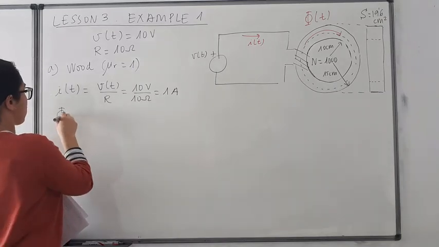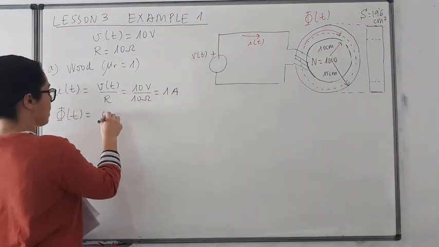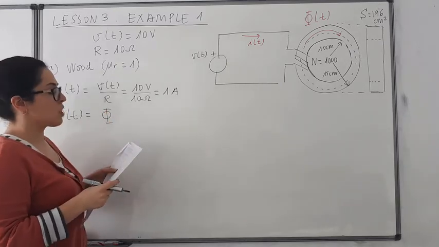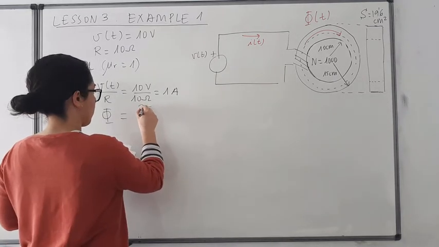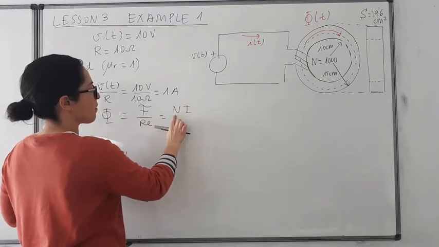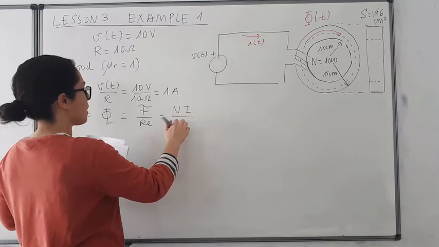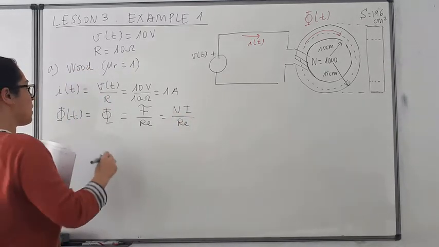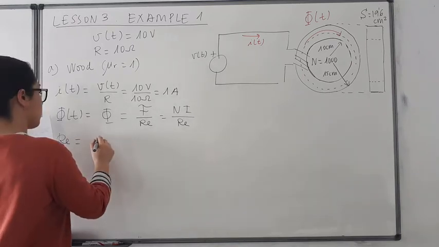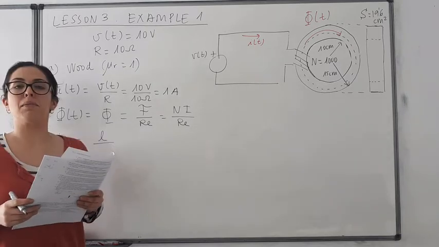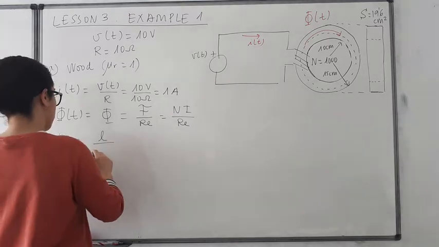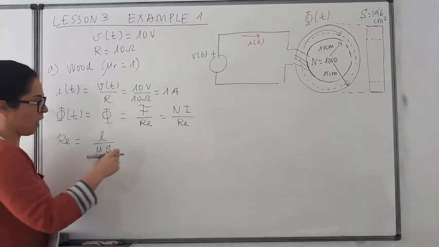So when we try to calculate the magnetic flux, here it is going to be constant, and it is not going to depend on time. So there you are going to have the electromotive force divided by the reluctance, that is the number of turns multiplied by the current and divided by the reluctance. Now we need to obtain the magnitude of the reluctance. The reluctance is going to be the average length of the element which is conducting the magnetic flux, divided by the permeability and the cross-section of the element.